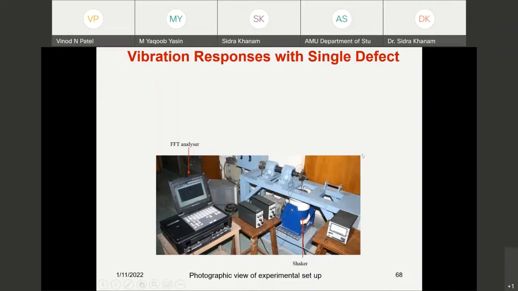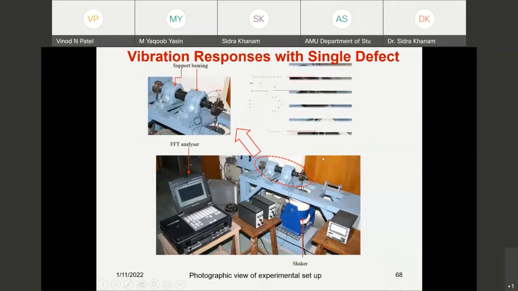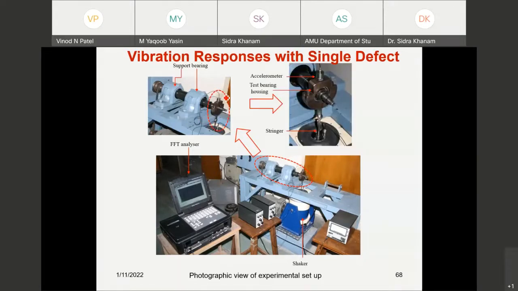For the vibration response of this actual system, which is available in the dynamics lab at IIT Delhi, we performed the experiment also to verify the results from this dynamic model. Here an accelerometer is provided, which can capture the vibrations generated by this defect. If some additional vibrations are to be added, that can be done by means of this electromechanical shaker, for consideration of the actual situation in industry where additional vibrations come along with these bearing vibrations.